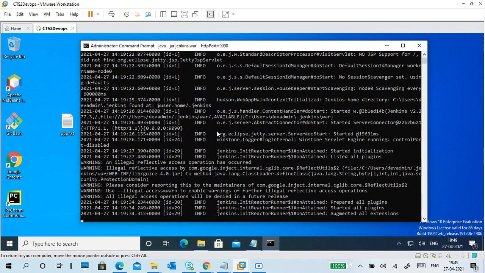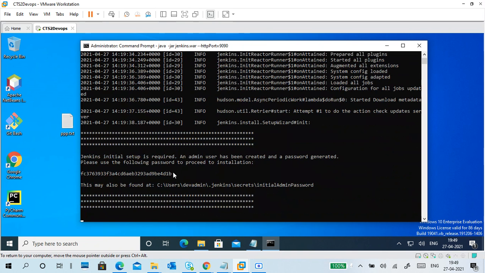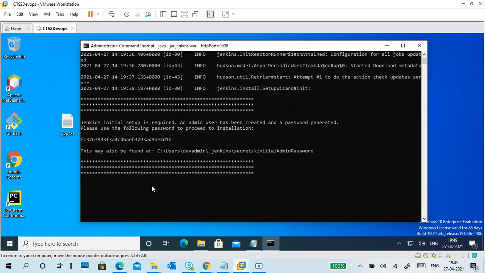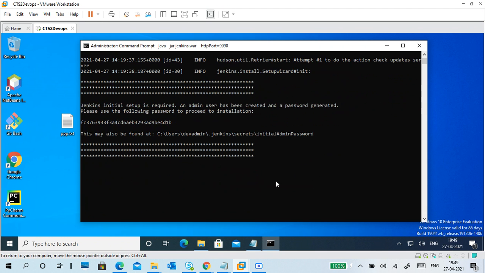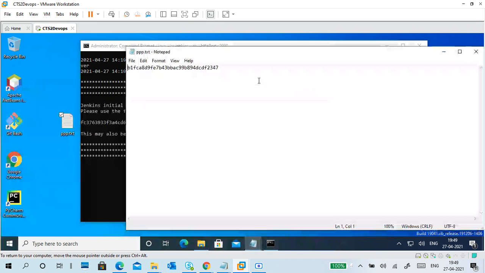Now I'm getting warnings. I should restart the PC. I didn't restart it. See next time. So copy this one. When it is showing fully up and running, okay, meantime I will paste this password here. This is a new password again.